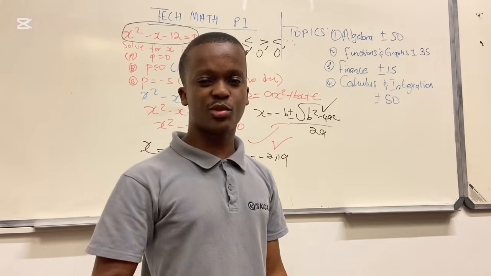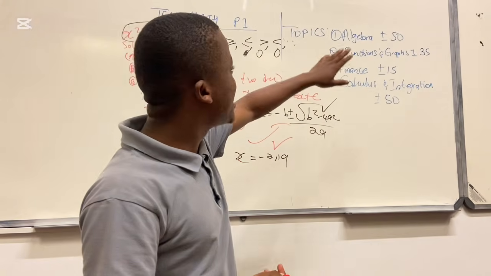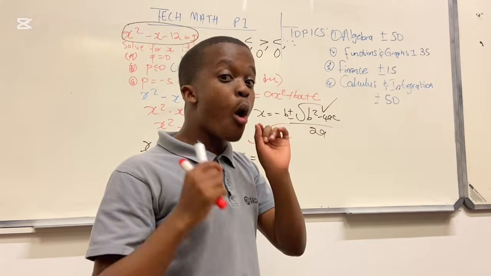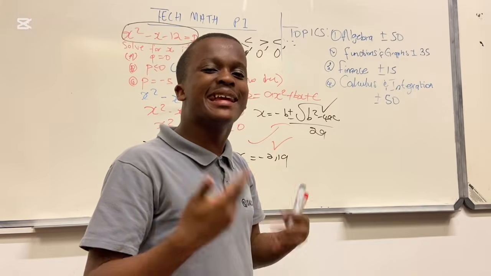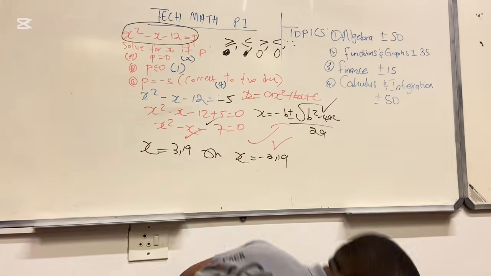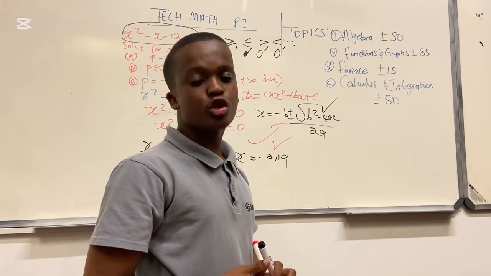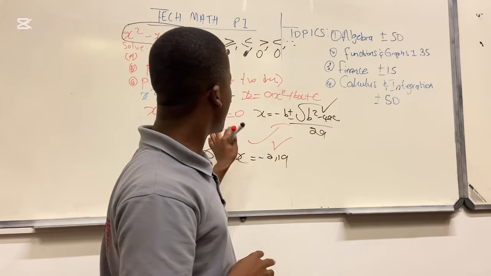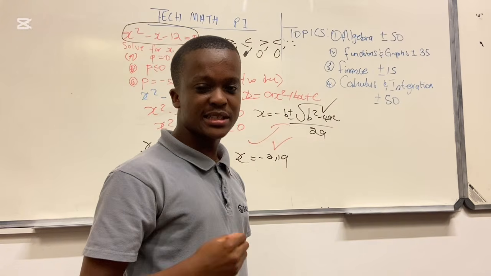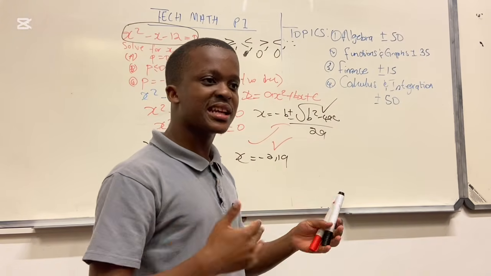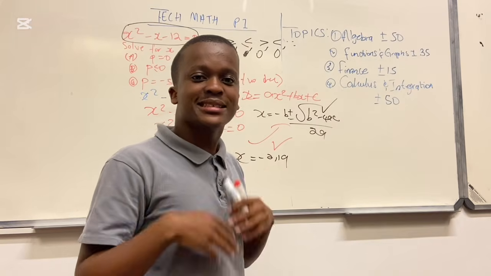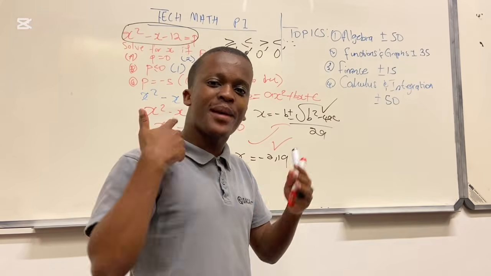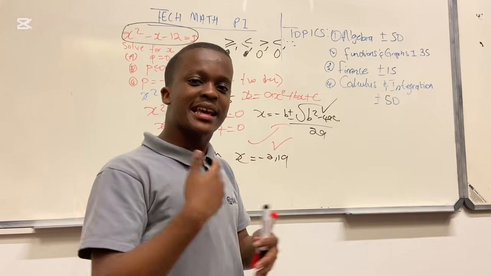Very, very important, guys. We are dealing with algebra. Your algebra is 50 plus or minus marks. So, guys, you can get these marks. The problem is that it's just silly mistakes. So, please, guys, you can't get those questions wrong. Please, grade 12s, follow the rules. This is very, very easy. And I want you to have that mentality, that maths is just fun.